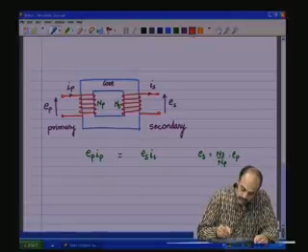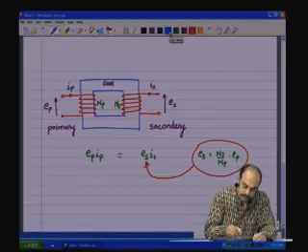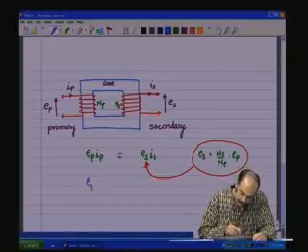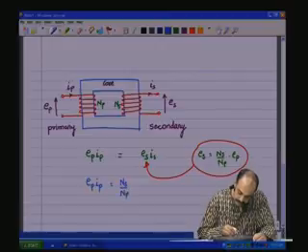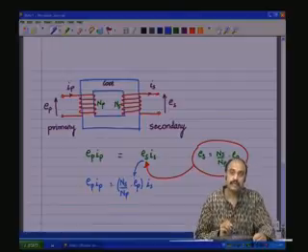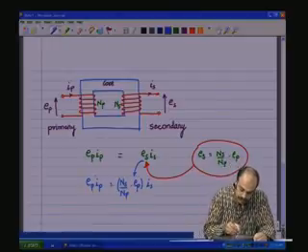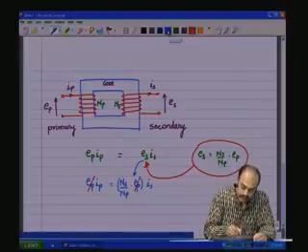So, if you substitute for Es here, we get Ep into Ip will be Ns by Np into Ep into Is. So, this is Es. So, we have Ep on both the sides, we remove that, and this results in